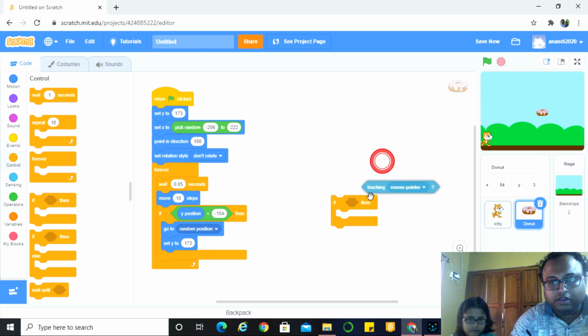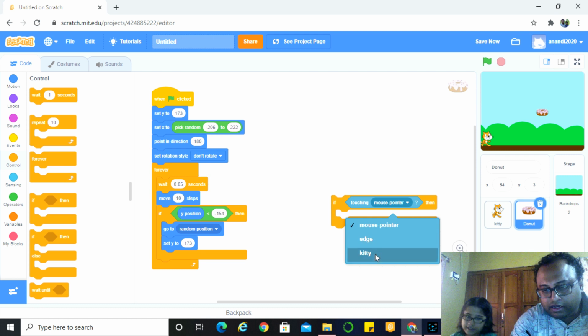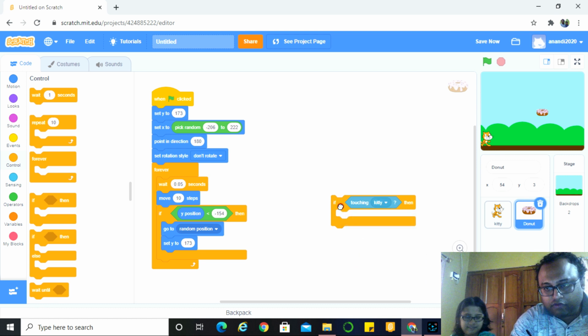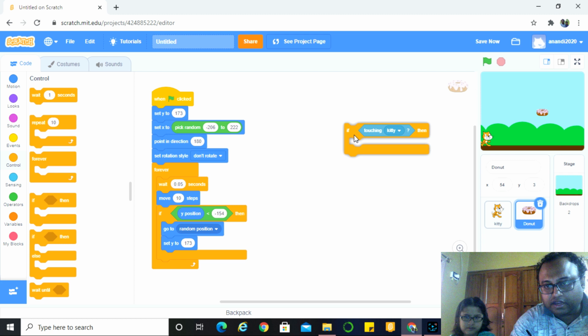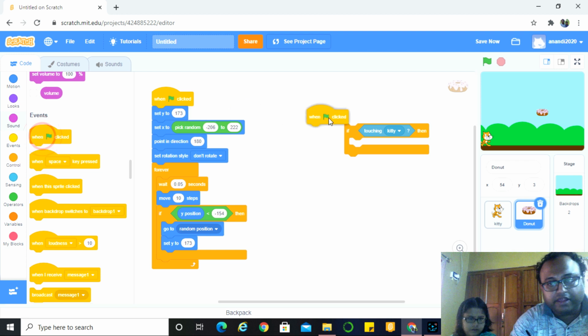And in the if block, the condition will be touching the kitty. We are programming the donut, so the donut will touch the kitty. And we want this to happen all throughout the program, so it will be placed under the flag.